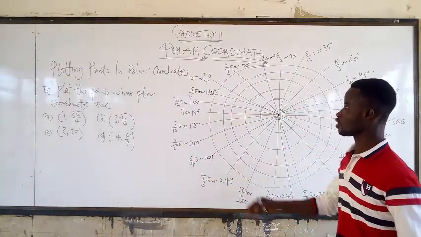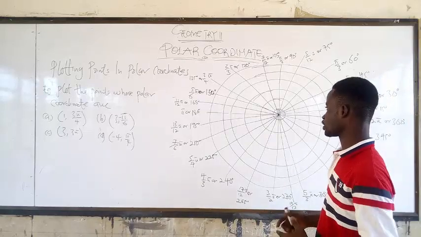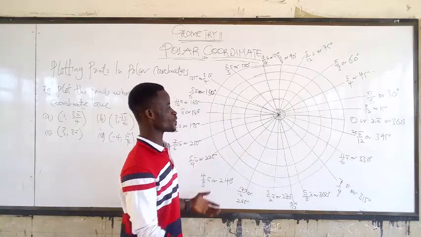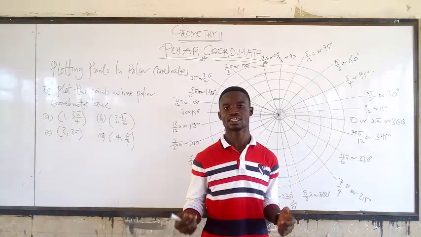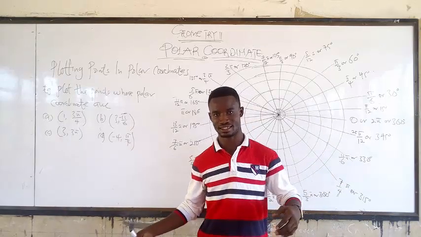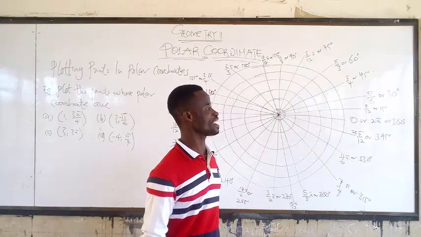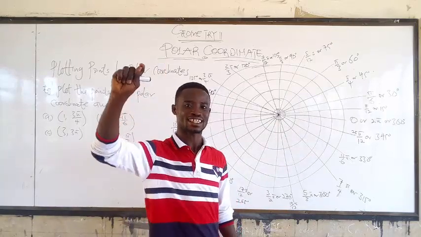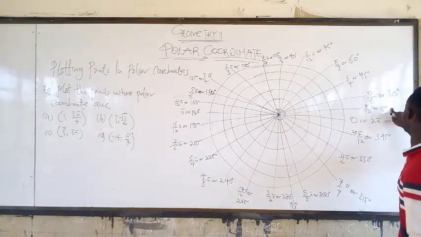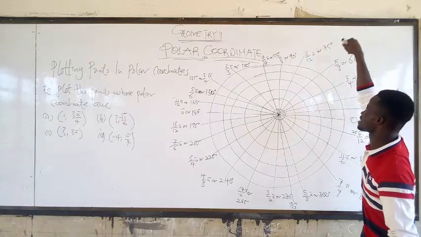Alright, so let's continue. Plotting points in polar coordinates. So the first one that I showed you, the interval was what? 30 what? Degrees, or pi over 6. Now this one that we have here, the interval is 15 what? Degrees. So you see from 0 to 15 degrees, 15 to 30, 30 to 45, 45 to 60, 75,